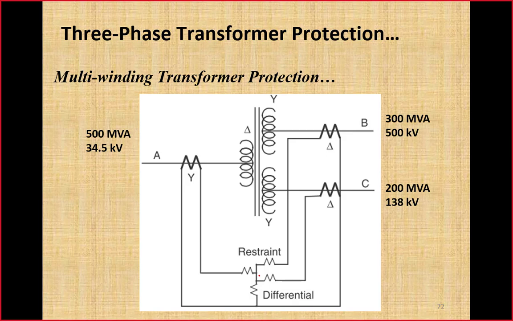The question is, in order to calculate the line current, are we going to use the power of 500 MVA or 300 MVA, because both windings have different power? This question has to be addressed because it is important. One student may ask, sir, use 500 for winding A and 300 for winding B, which are their own power ratings, and then do the calculation.